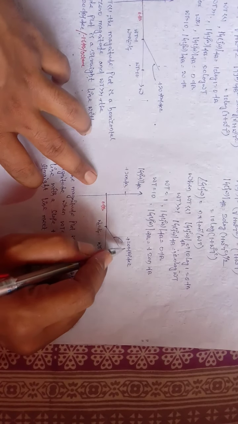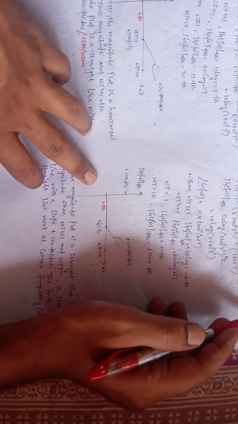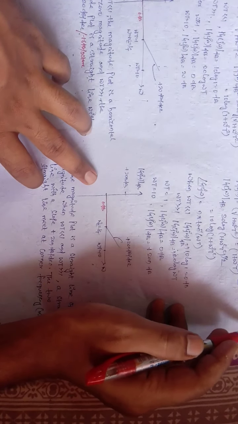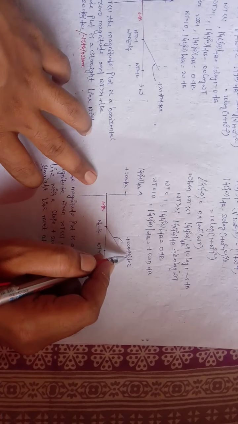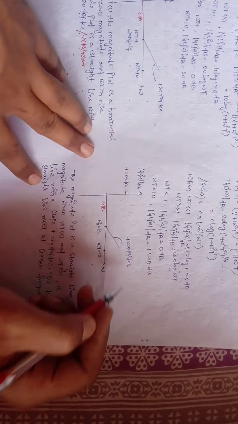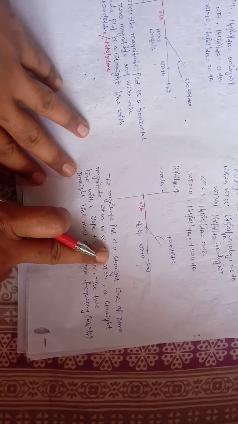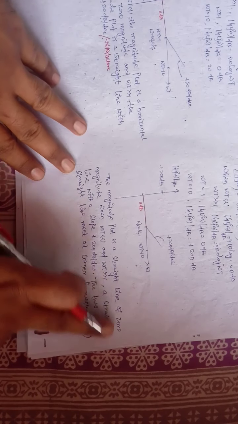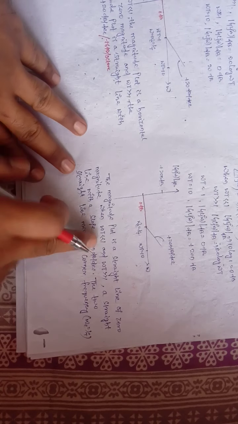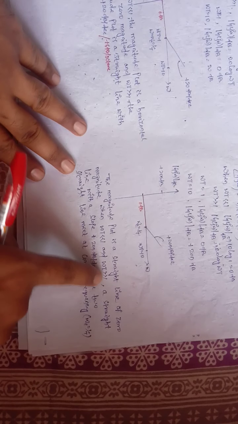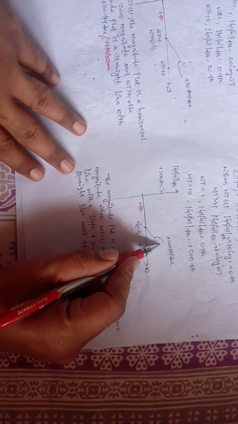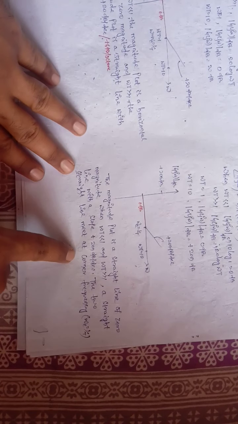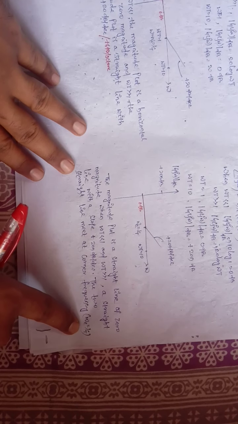This n value represents the power of the factor. If my factor is (1 plus st) squared, or n equals 2, then my slope will be 20 into 2, that is plus 40 dB per decade. So the conclusion is: the magnitude plot is a straight line of 0 magnitude when omega t is less than or equal to 1, and for omega t greater than 1, a straight line with a slope of plus 20n dB per decade, that is after the corner frequency. The two straight lines meet at the corner frequency, omega c equals 1 by t.